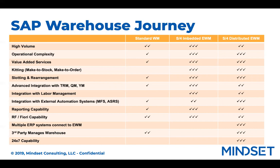Over the course of the past 15 years, EWM has evolved into a best-of-breed WMS system that can compete with more traditional solutions like Manhattan and Red Prairie. Out of the box, EWM incorporates all of the core ERP WM functionality, plus more advanced and robust features that can support higher volumes and more complex business processes such as slotting and rearrangement, kitting, and value-added services. It also offers tighter integration to TRM, quality management module, yard management, and external automation systems like material flow systems